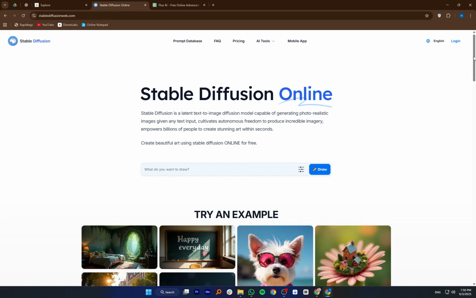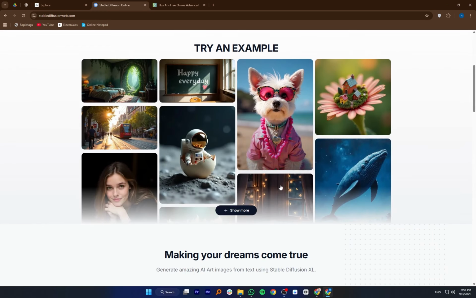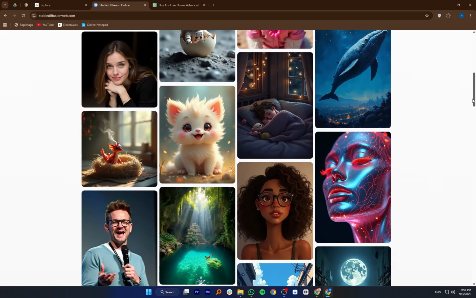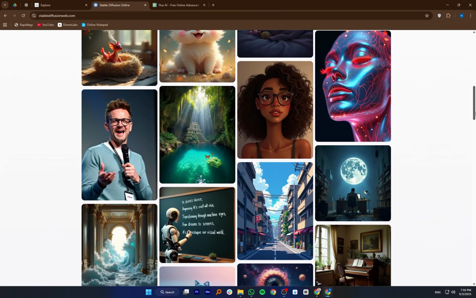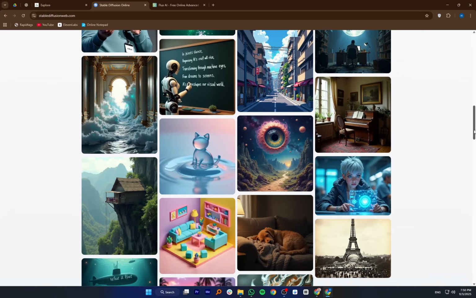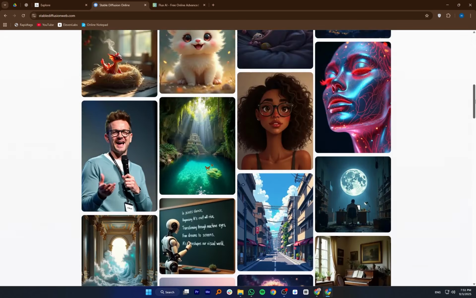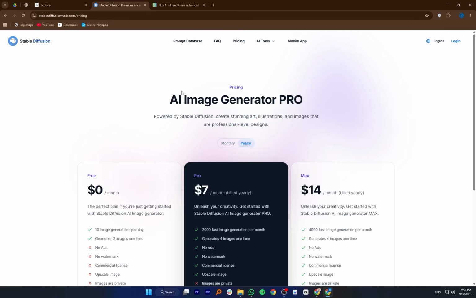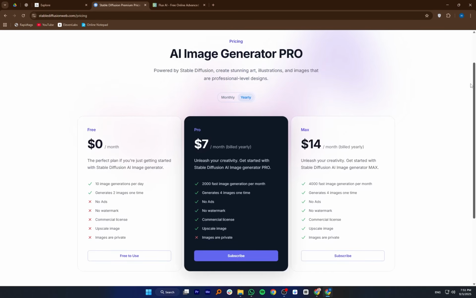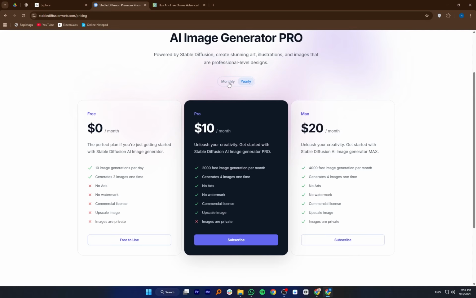Stable Diffusion is an open-source AI platform that allows users to generate images from text prompts. It offers a lot of flexibility, letting you tweak settings, run it locally, or integrate it into other applications. The platform is ideal for people who want full control over the image creation process. It may require some technical knowledge to get the most out of it, especially for beginners.